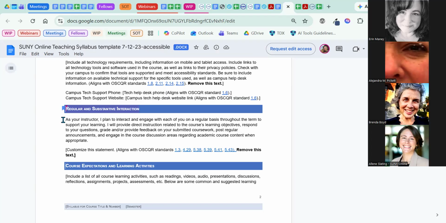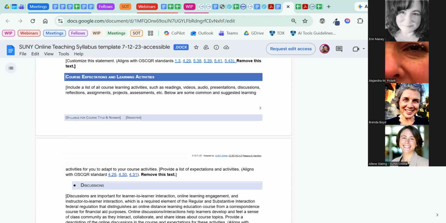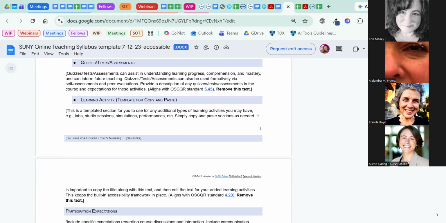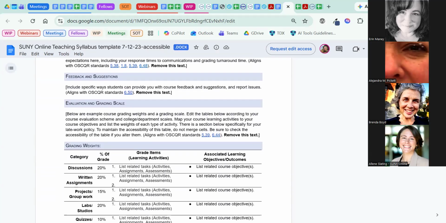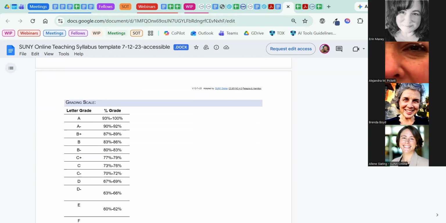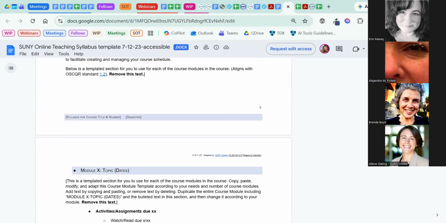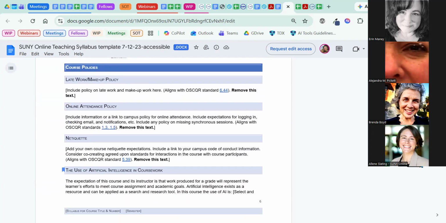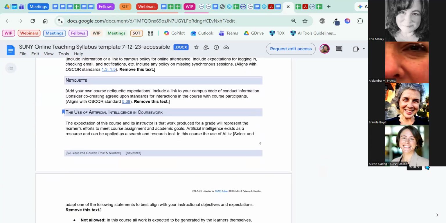The other thing I want to point out here is that a little further down, you'll see a section on the use of artificial intelligence. And so the intention here is that every course should have a statement about how the instructor, the program, or the institution feels about or is allowing or not allowing the use of AI.